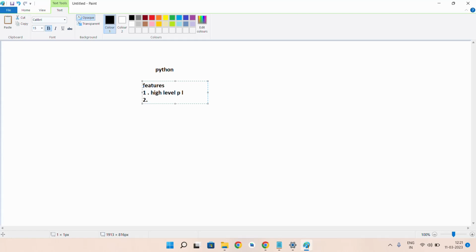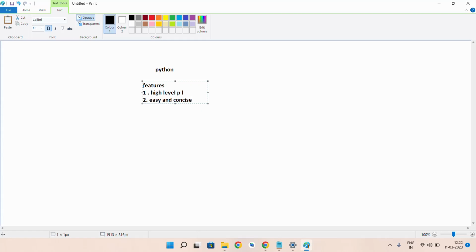And the second one is it is easy to code, and it has concise code. Easy means, I'll give an example. Let's take C, Java and Python.